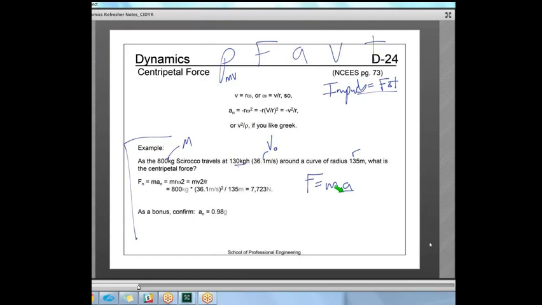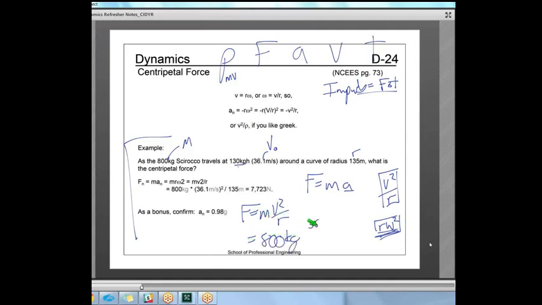Since it's centripetal force, we're looking for the centripetal acceleration, also known as the normal acceleration, and I've got a choice. Am I going to use v squared over r, or am I going to use r omega squared? I could look up and find either one in the handbook. Well, in this case, I've been given a v of 36 meters per second. So there's really not much reason that I would convert it and use r omega squared. So I can complete my equation here by writing F equals m v squared over r,